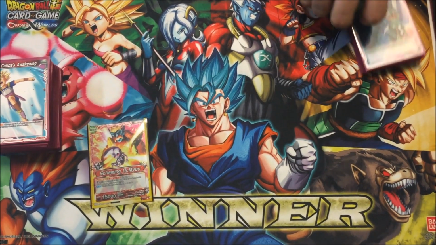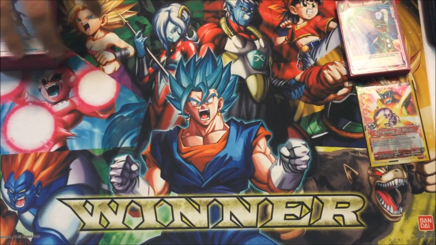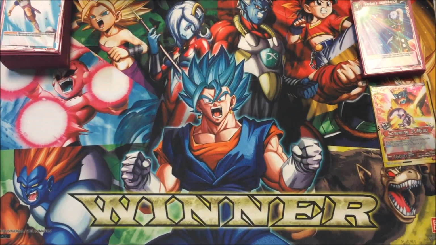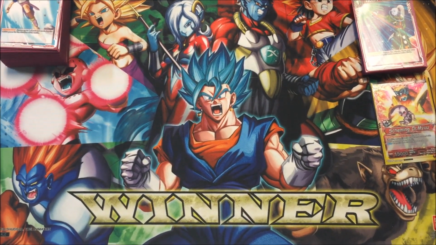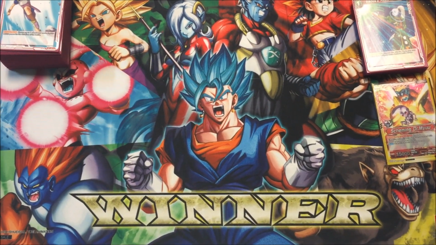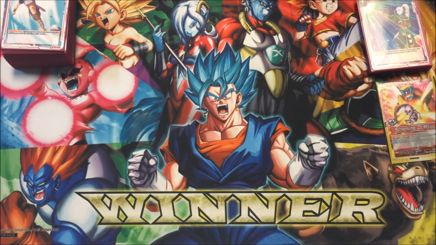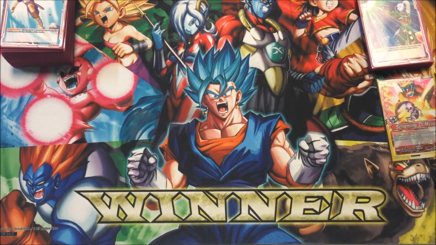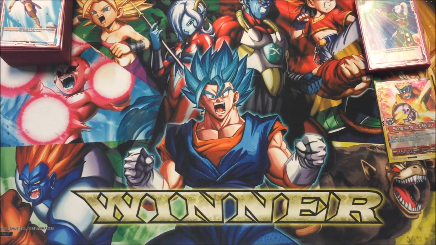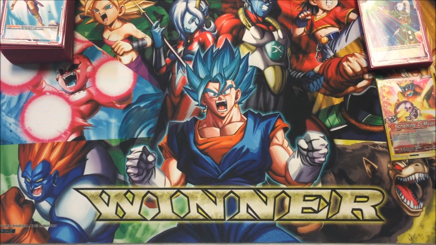So what about matchups? How does the deck do with matchups? Well, I do have a lot of trouble against blockers. I try to remedy that with my side deck and the like, but decks like Great Apes, it's just really hard to get through all of that with a deck that likes to swarm a lot of little tiny guys. But other than that, I do have some trouble with decks like, what's the thing called? It's the Ultra Instinct Sun Goku decks,